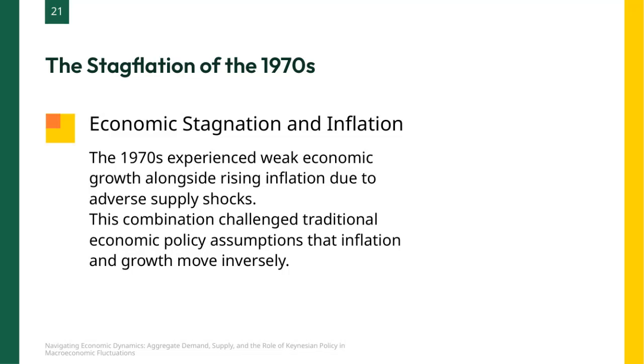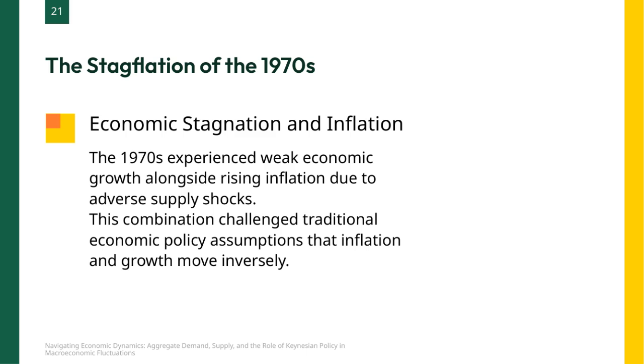Here we're looking at the stagflation of the 1970s, a period marked by an unusual and difficult economic situation. During this decade, the economy faced weak growth, meaning that the overall production and expansion were very slow. At the same time, inflation was rising, which means prices for goods and services were increasing. This was largely driven by adverse supply shocks, like oil price spikes, which made it more expensive to produce and